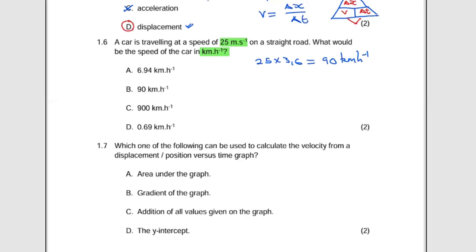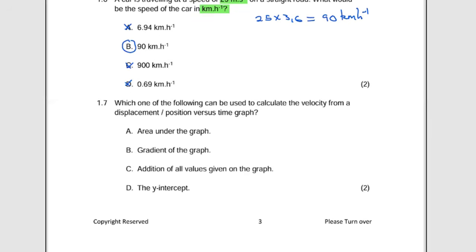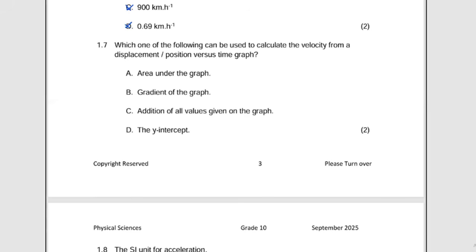So our answer there is going to be option B, which is 90 kilometers per hour. The rest are incorrect. Then we proceed to question number 1.7, which reads, which one of the following can be used to